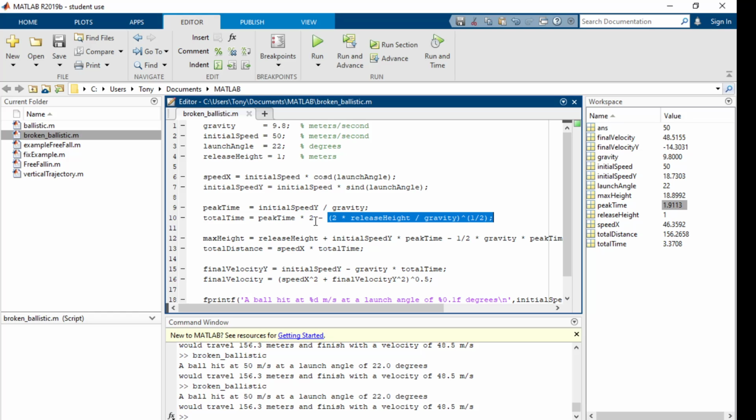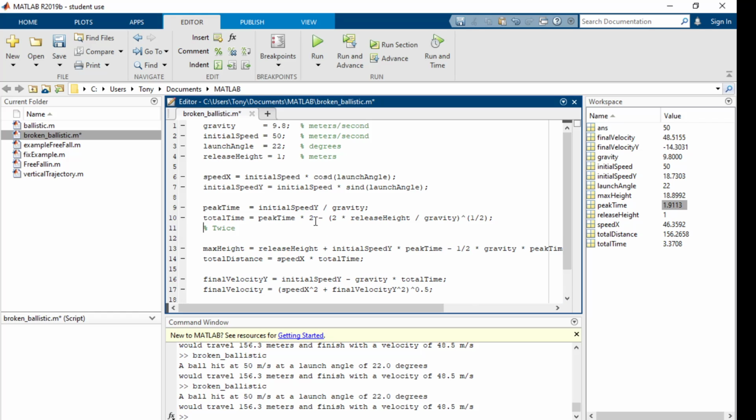Well, the first thing this is all about is uncommented code, right? So I pulled somebody else's code and I look at this and I'm like, what the heck is this all about? Well, what this actually should have a comment on is this should be the twice, oops, I have caps lock on. Here, let me put in the next line so it's easier to see. Twice the peak time, so up and back down, plus the extra